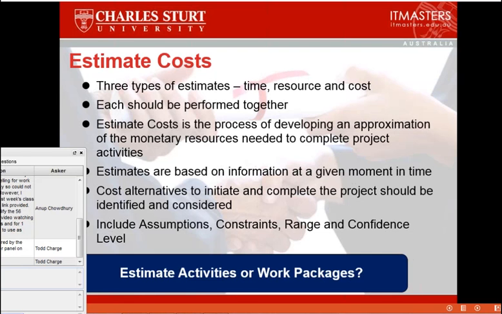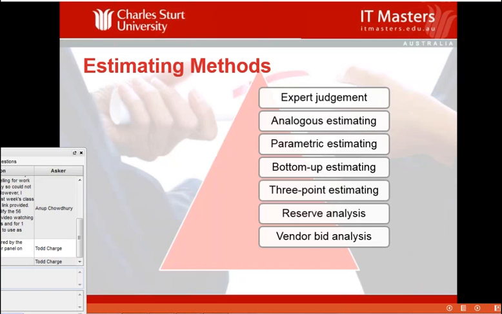The other thing is some organizations don't bother going down to activity level and they do their estimates at work package level. I find that hard to believe, hard to feel that, you know, maybe in the days before computers were around and we had this ability to manage and manipulate data very easily using electronic means. My suggestion is we should follow the PMBOK approach and go right down to activity level like we're doing at the moment.